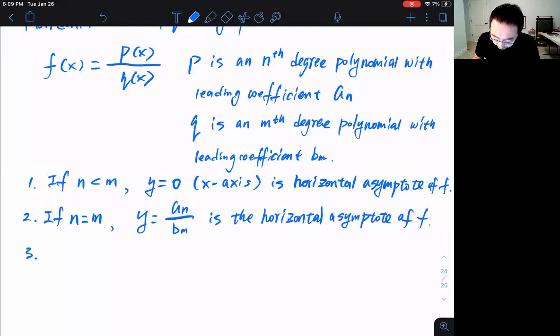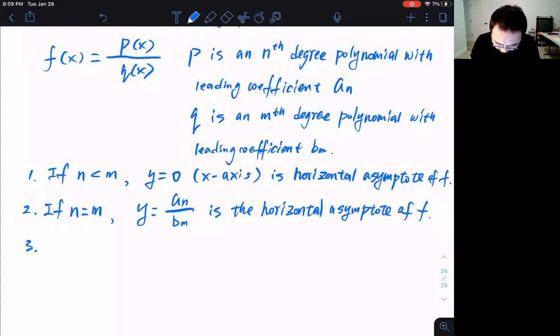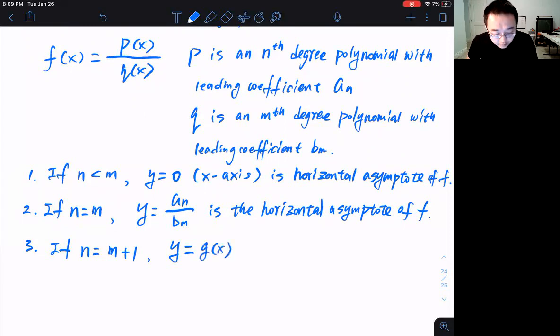Then the third scenario is if n equals m plus 1. So n is greater than m by 1 degree. Then in that case, the line y equals g of x is an oblique asymptote for f,